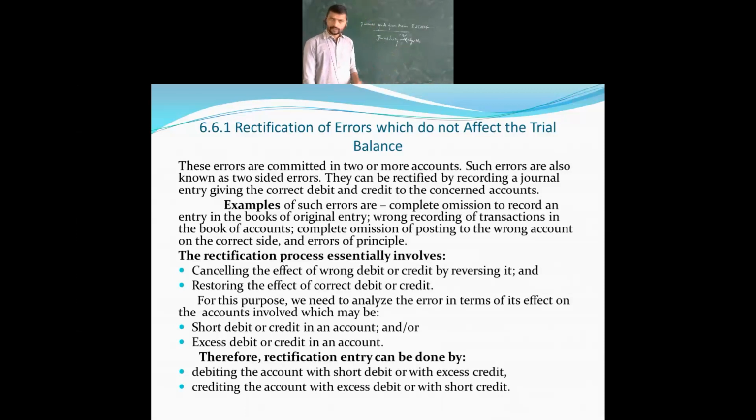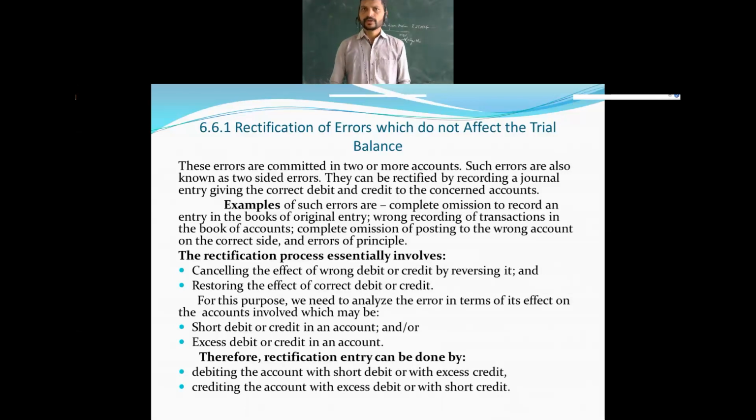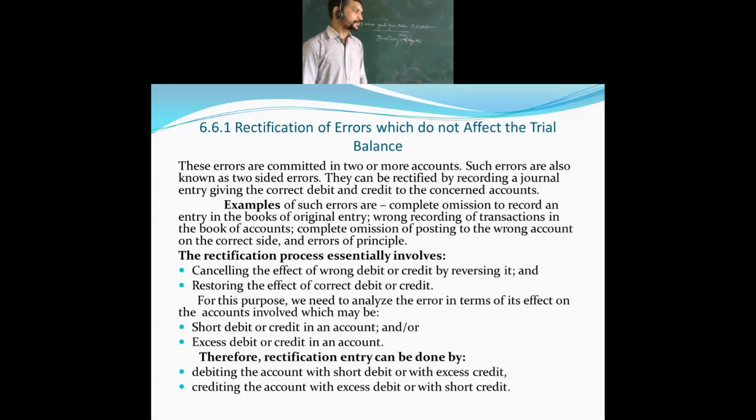Then let's see further what all things are there. The rectification process essentially involves certain things we are going to do, when the trial balance is not affected, or when the trial balance is affected. Searching out the errors we do. When the answer doesn't tally, that time we can understand that something has gone wrong. But when the trial balance is not getting affected, how can you find it out? We have certain mistakes. Here certain steps or processes are there for that. Let's see what the process is for the rectification.